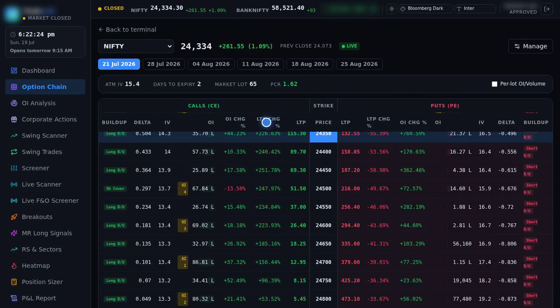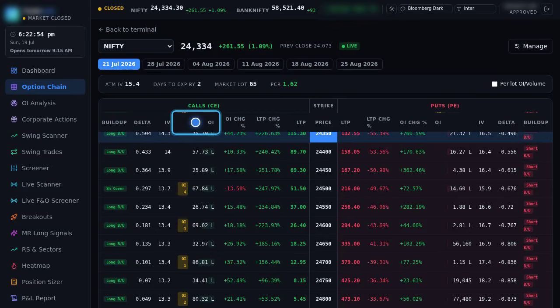And this is the catch that traps beginners. Time value melts away every single day, and it melts faster and faster as expiry approaches. That slow leak is called theta decay. It is the reason that simply buying an option and holding it can lose money even when you were right about the direction, because while you waited, the clock quietly ate your premium. With options, timing is not a small thing, it is everything.